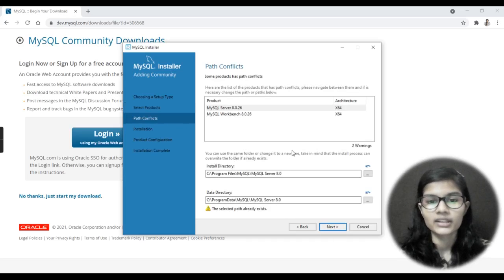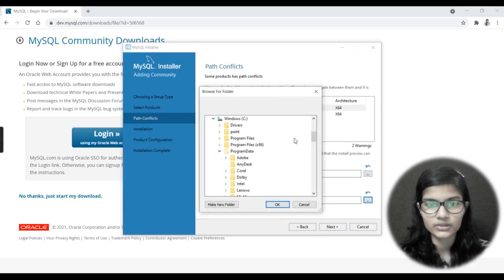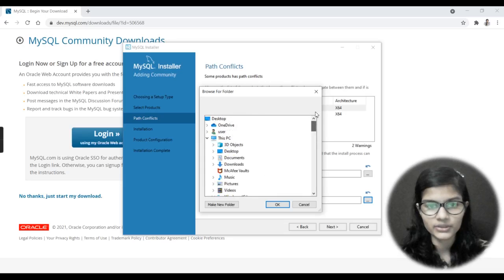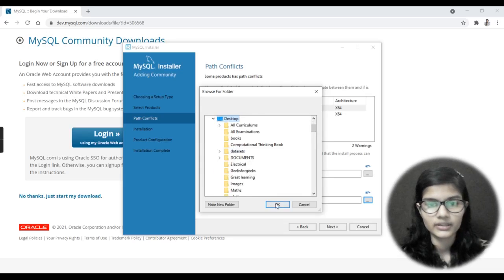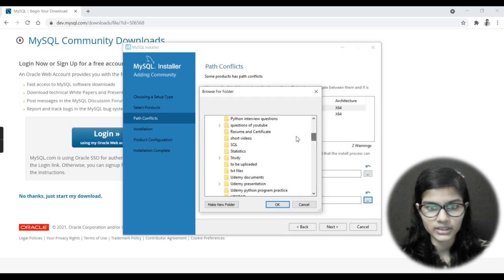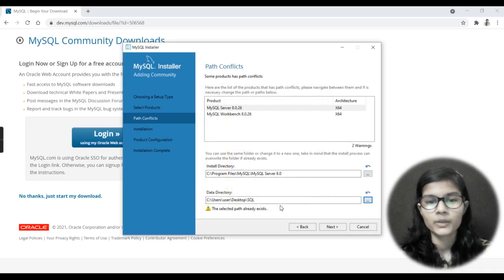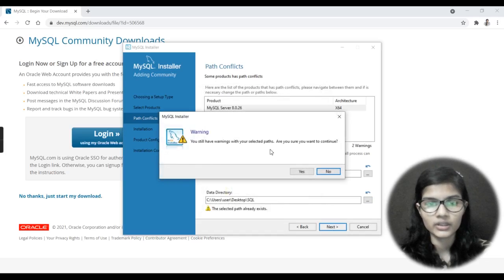Click on the next. Now here basically, yes, so this my server, this is done, and okay, it is installed fine. So what I would just do is take it out to a new place. Let's say I would just simply do it onto the desktop. Okay, in the desktop I would be doing it for the SQL. Fine, click on OK. Right here. Now we just click on the next button. Okay, you selected path. I just want to continue.